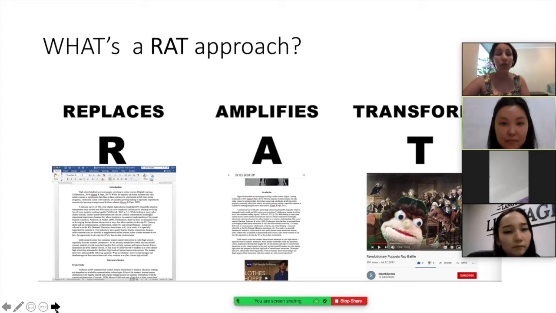So, how do we adapt technology and language learning, bring them together, and create this engaging communicative environment? There is an approach called RAT. It has nothing to do with these ugly rats running around. RAT is just a first-letter acronym which stands for replace, amplify, and transform. I'm sure that you understand the meaning of all three words. To replace something is to change it from one place to another. Amplify means make stronger. And transform, change the form of something.